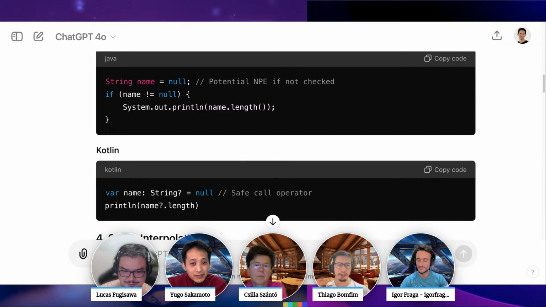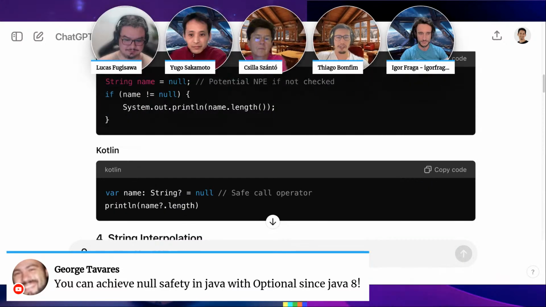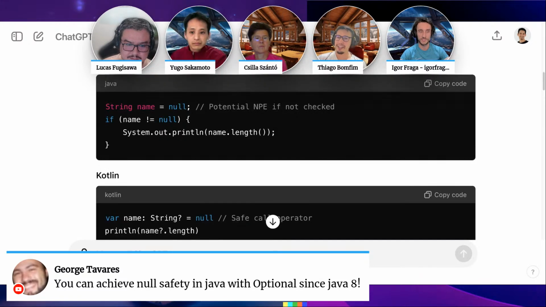Sorry, go ahead. I will say that Josh Tavares mentioned one thing in the chat: yes, with Java we can use Optional. It works, and we should use Optional instead of returning null in a method, for example. However, in Java it's probably much more verbose than Kotlin, because in Kotlin it's just the question mark, right? With Optional, you need to use dot map and things like that, or ifPresent. You would need to put Optional everywhere, but it's not everywhere if you return null, right?